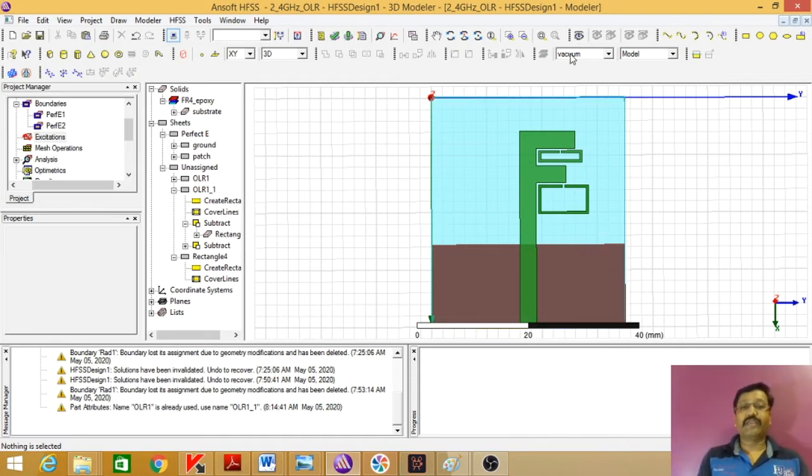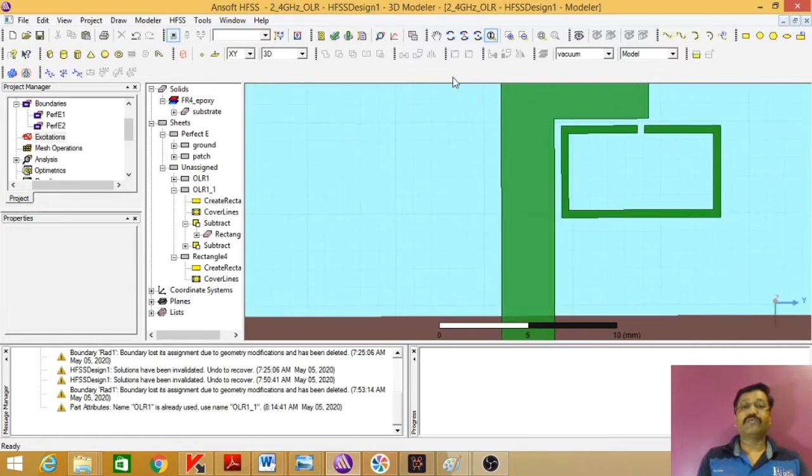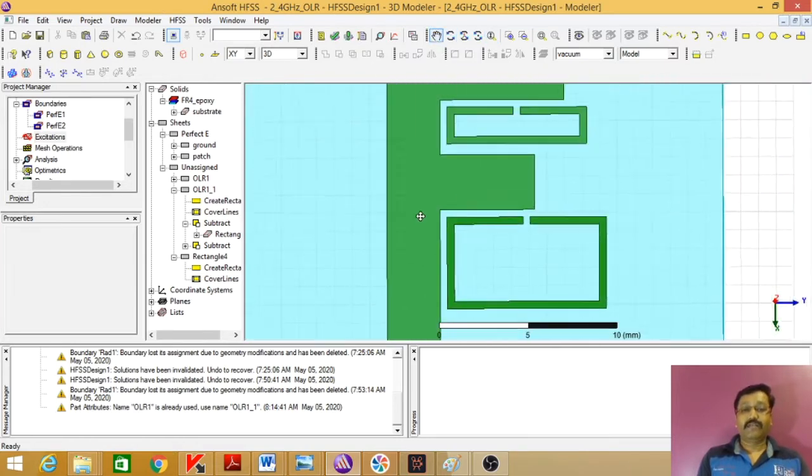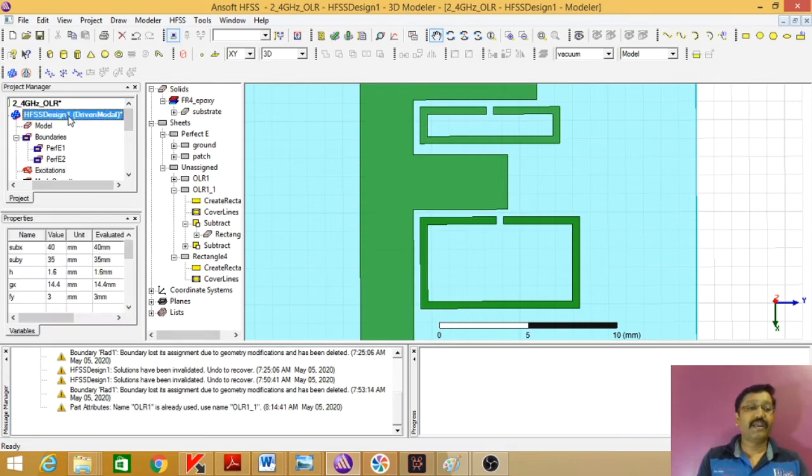I'll show you one more thing, how these particular dimensions are useful to us. Suppose if I want to change this gap, then if I give the direct dimensions, it is highly impossible to do it. We will make the mistake. So we'll simply click on this. I want to change this gap in both the dimensions. So simply what I will do, I will change the dimension G3. I know because G3 is the gap. If I make this as G3 is equal to 0.6, you'll find it is going to change in both the figures.